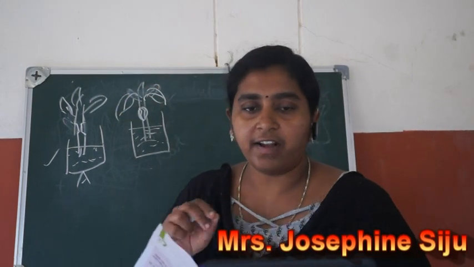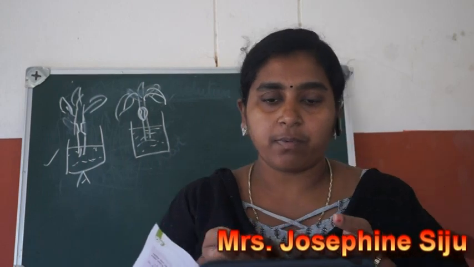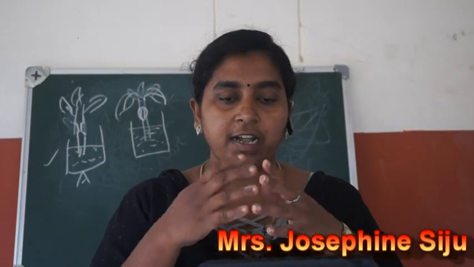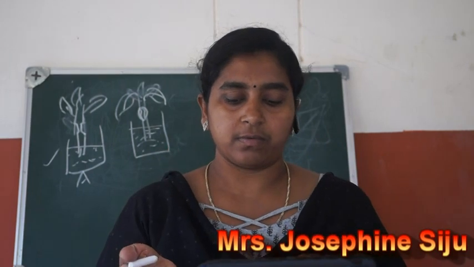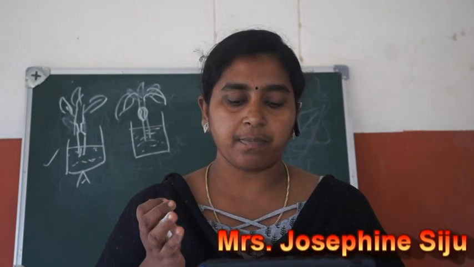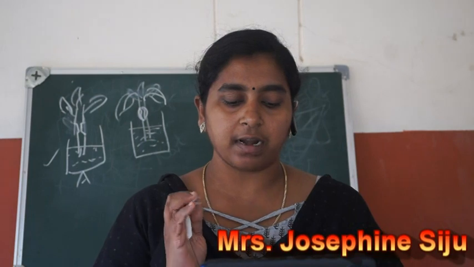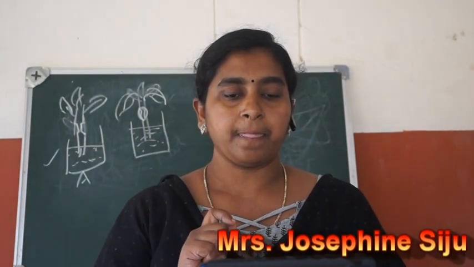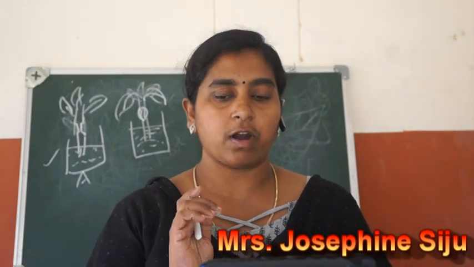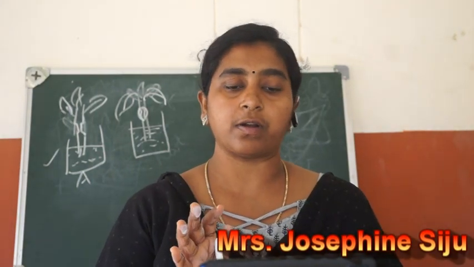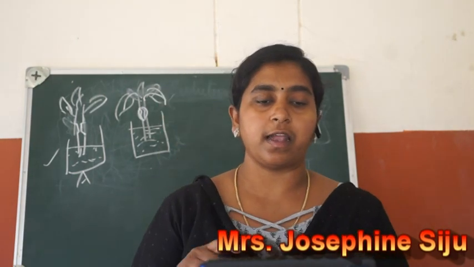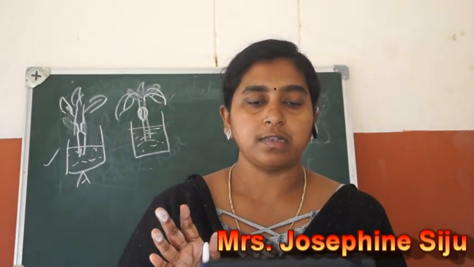They wilted. If you don't pour water, the leaves wilt and droop down. So the experiment proves that water is conducted upward in the plant through the deeper part called the xylem only. From this experiment, what are we able to conclude? That water is transported only through xylem but not through other cells.